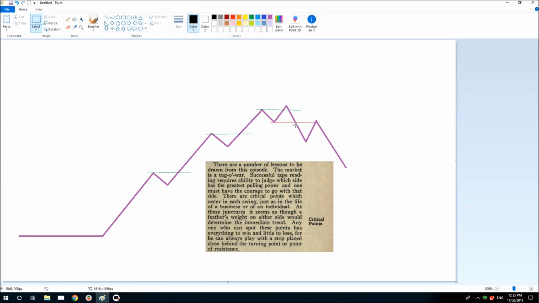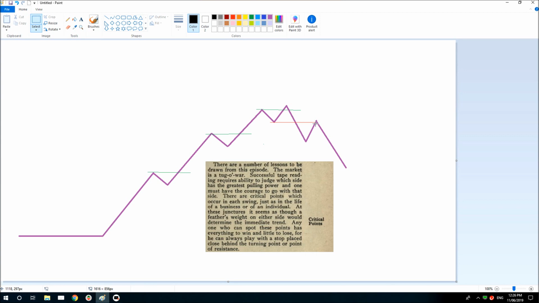And here it was. A little bit more weight came in on the selling side. It broke the price down below the previous low, and then price subsequently couldn't recover the lost ground. The buyers were now weak, demand had become weak, and then price continued lower. This is the change of direction. It just took a feather's weight to change the immediate trend.